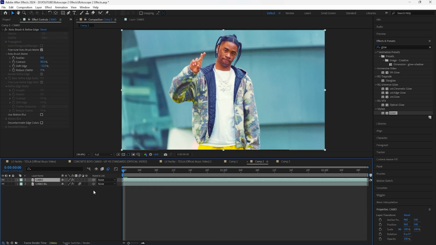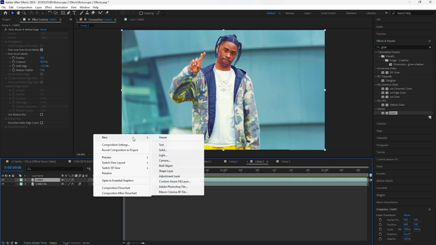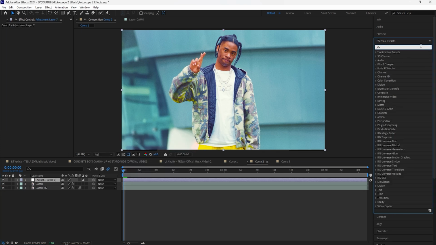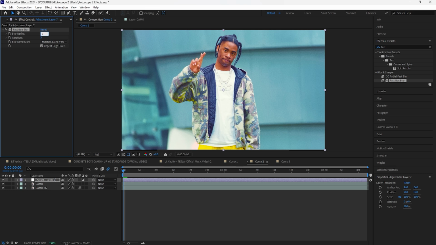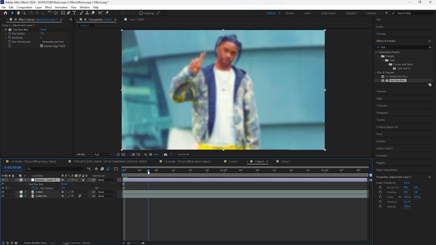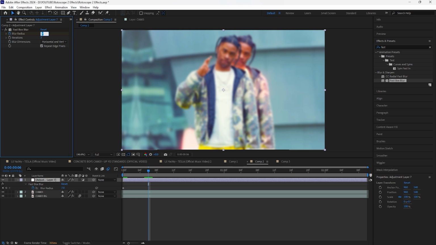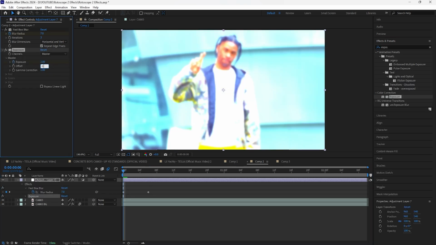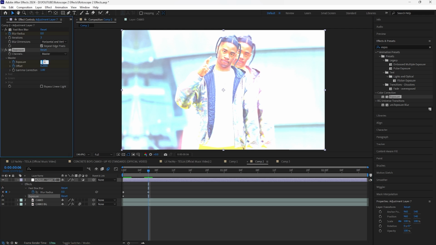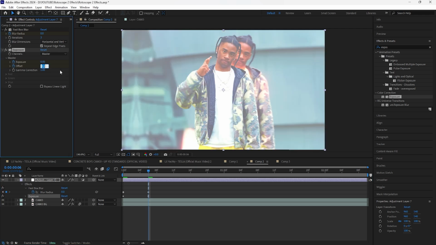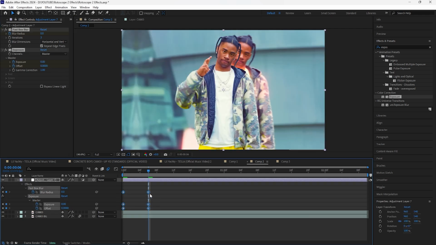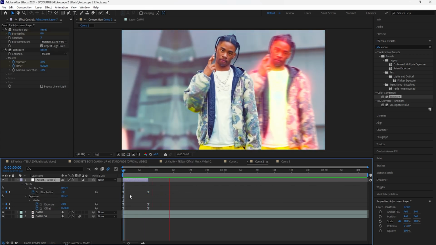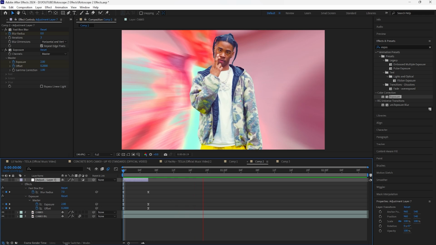And then what we're going to do is create that same flash blur effect just like our other effect. So create a new adjustment layer, add a fast box blur, keyframe the blur radius at 7 at the start, and then we're going to go forward 6 frames, keyframe the blur radius back to 0, add an exposure, keyframe the exposure at 2 at the start, and then the offset at 0.2, go forward 6 frames, and then keyframe both the exposure as well as the offset back to 0. Grab all those keyframes, ease them. I'm also just going to cut this adjustment layer to 6 frames long. Now when we play this, we have that flash blur effect going on at the start,